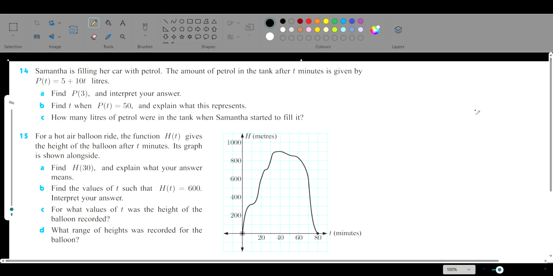Application based question on functions. That's what your topic is: function modeling. So it's linear function modeling. If you see number 14,